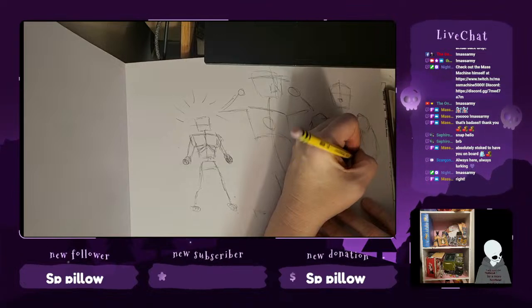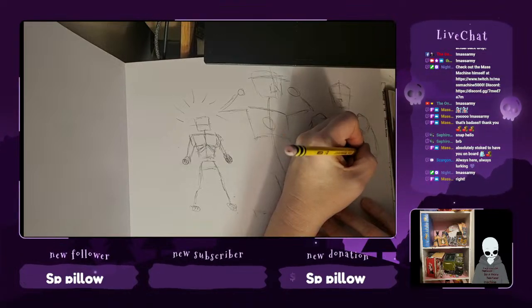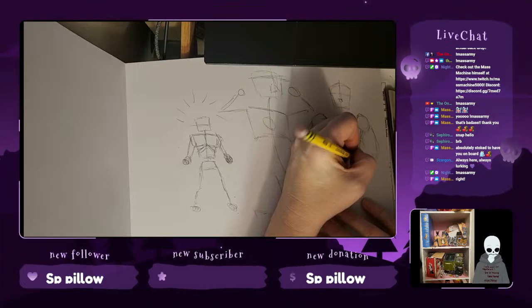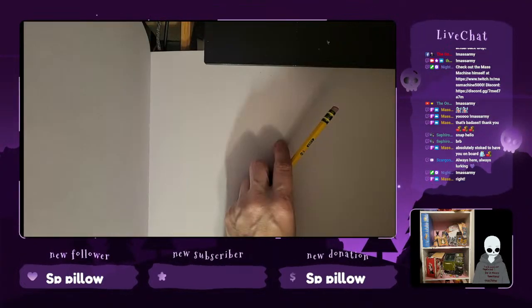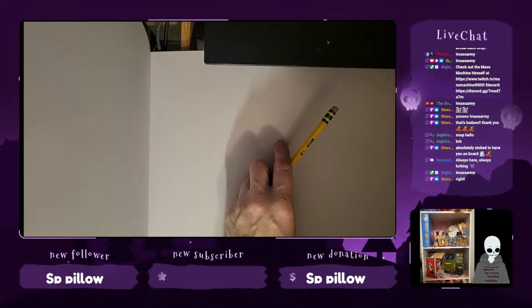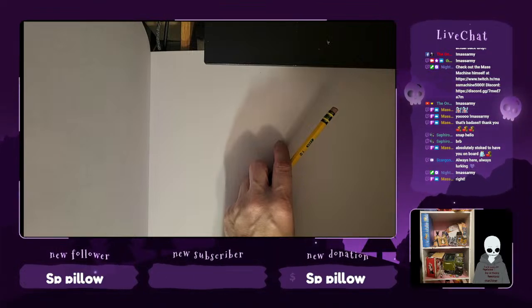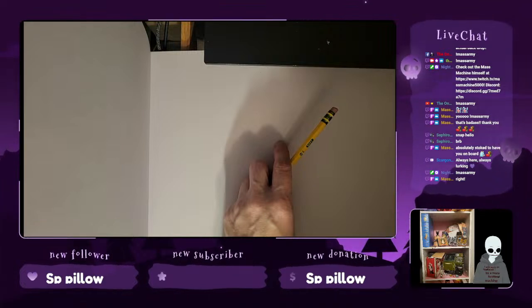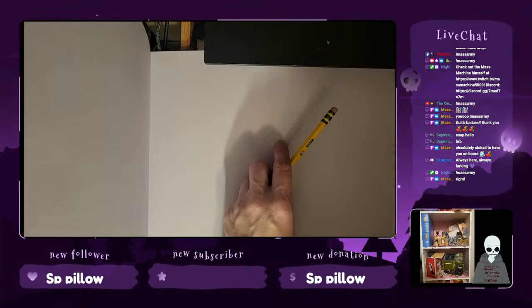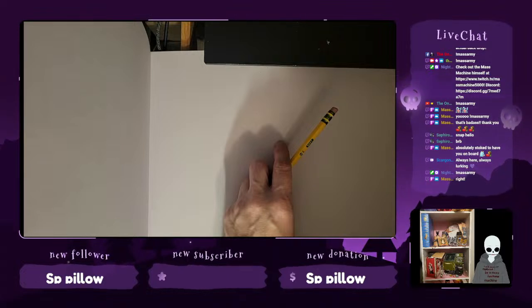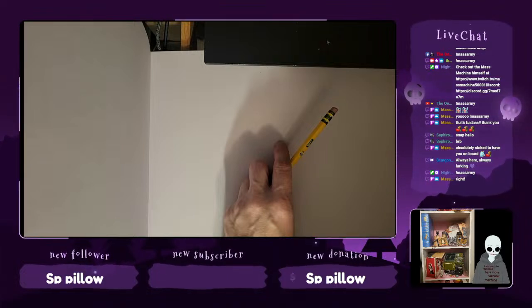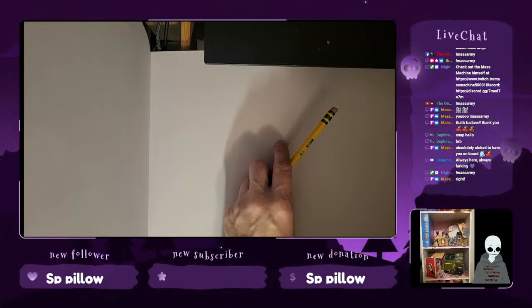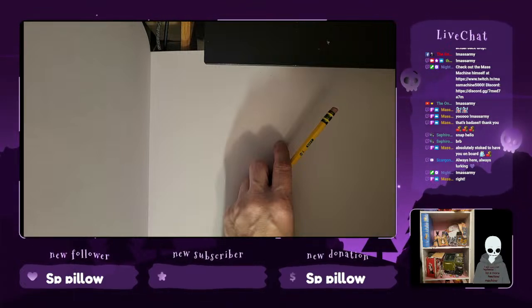Can you please open it in Paint? Okay, I will open with Paint then. That's fine. Can I zoom? Can I zoomy zoom? There we go. All right, that's better.